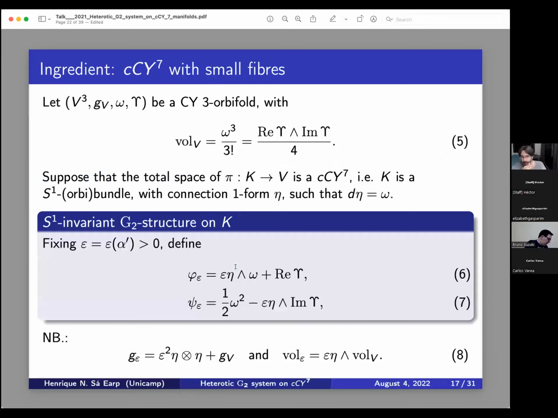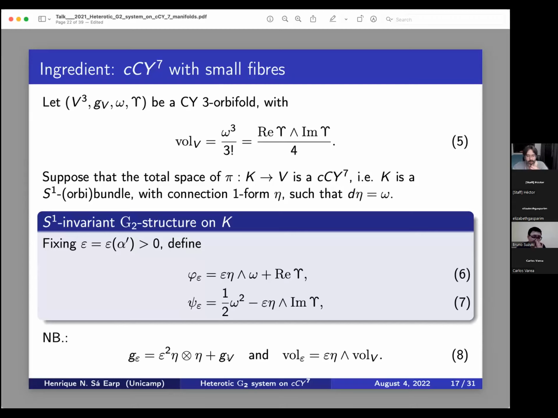Right. So if we specialize all this language to our 7-dimensional case at hand, we can produce a G2 structure, but now with a little subtlety. I want to control the size, the scale of the circle fibers on my 7-manifold. So I want to call it epsilon. Epsilon should govern the size of the circle fibers, and I'll define a G2 structure accordingly. If you compute the Riemannian metric induced by this G2 structure, you can see clearly that epsilon is the dimension of the fiber along the contact one-form, and